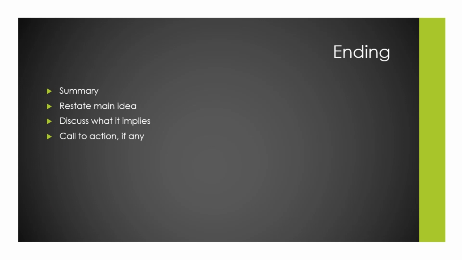In a conclusion, you summarize what has been written throughout the rest of the essay. Briefly summarize. And you restate the main idea. Now the main idea is your thesis statement. You're not going to rewrite the thesis statement in the exact same words. Instead, you're going to paraphrase the thesis statement and remind the reader what it is that this whole essay or this whole other kind of writing was about.